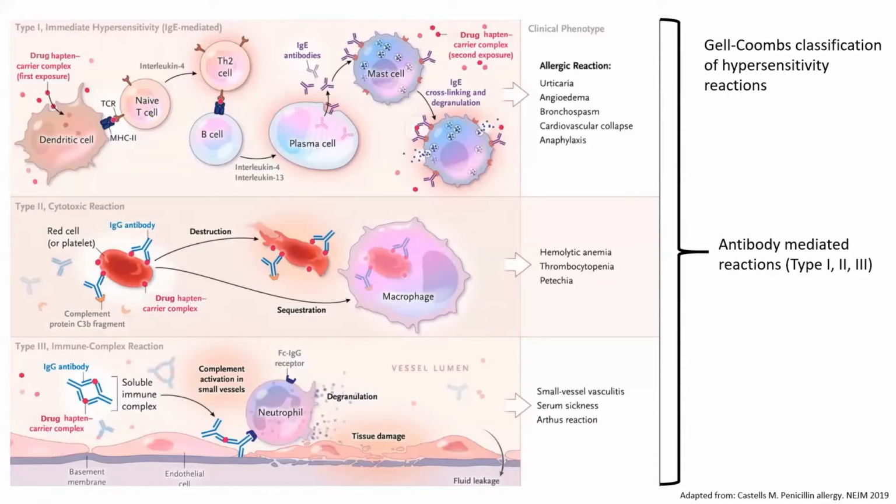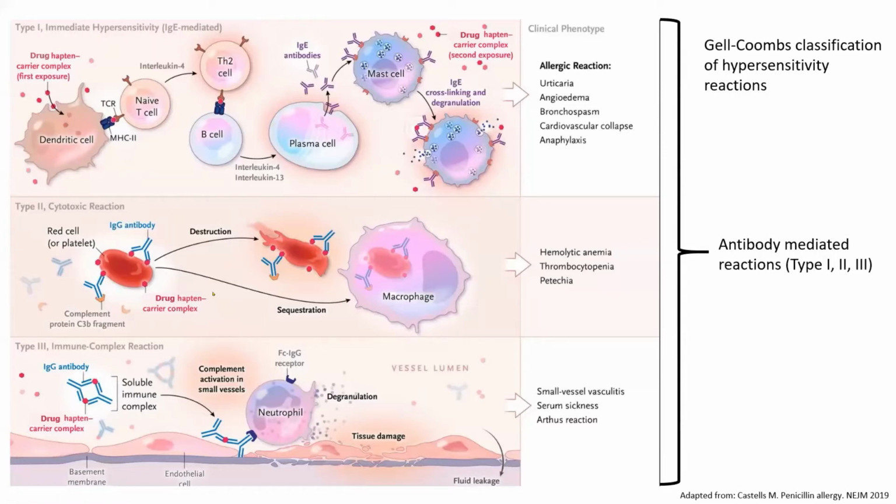There is a recognition of the drug that works as a hapten on the innate immune system cells, the dendritic cells. The antigen is processed and presented to our naive T cells. There is a skew, a polarization to a Th2 phenotype, and isotype switching of B cells producing IgE that recognizes our drug and cross-links on the surface of mast cells, inducing degranulation and mediator release, okay? This will bring urticaria, angioedema, bronchospasm, anaphylaxis, the classic type 1 manifestations.